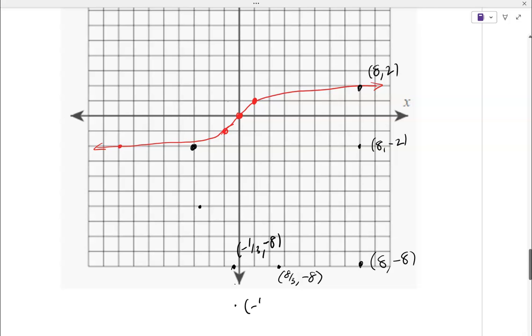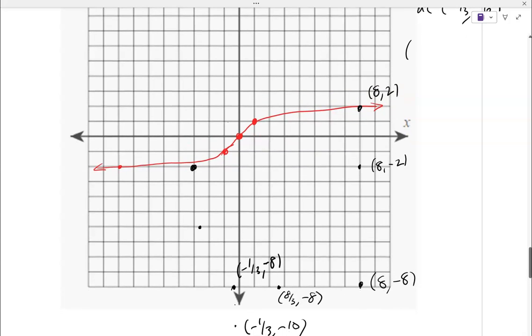So what's your y coordinate going to be there? -10. So your point that's at 8, 2 ends up at -1/3, -10. So your graph now is looking like